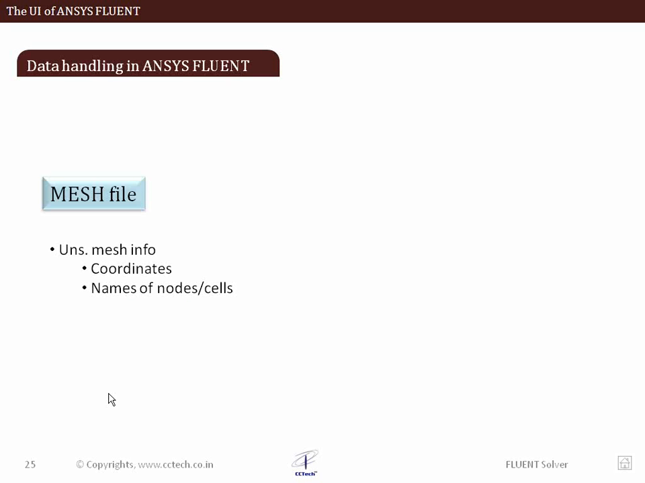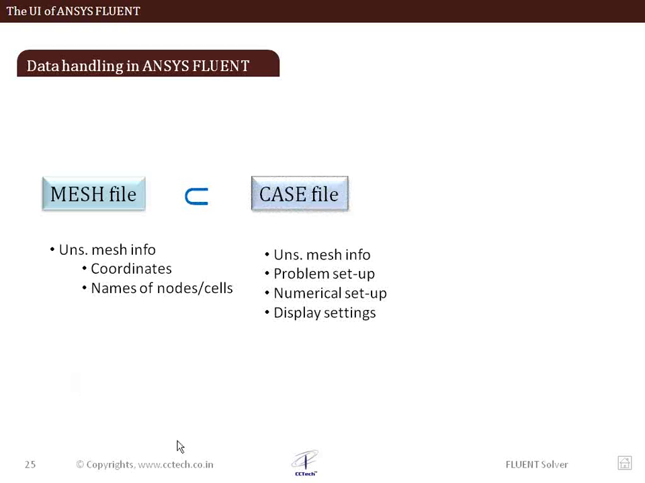So that's an overall picture. You have the mesh file. It is basically the unstructured mesh information, that is the coordinates and the names of the cells. We have the case file. Mesh file is a subset of the case file, and it contains the mesh as well as the problem, numerical,